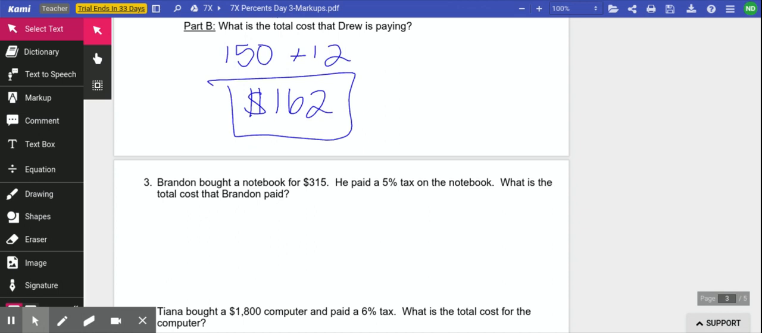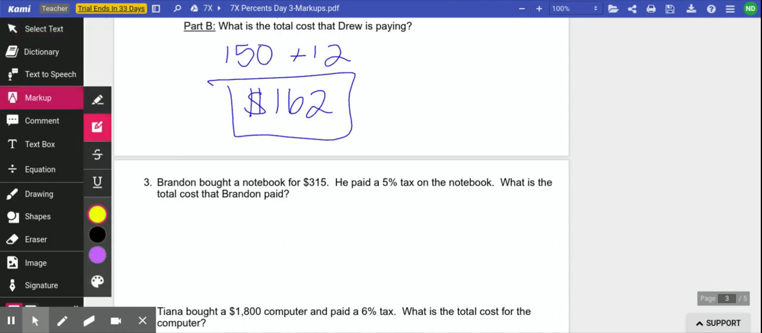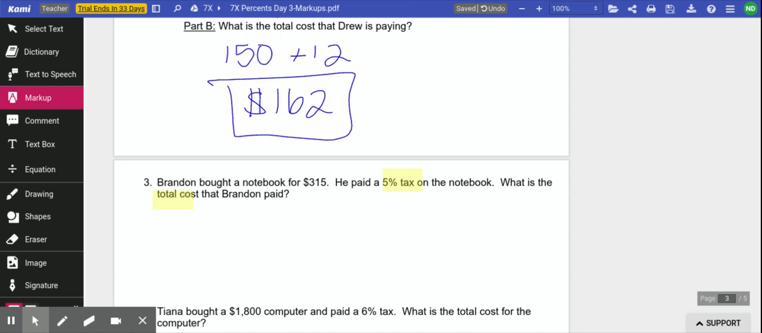He paid 5% tax on the Chromebook. What is the total cost that Brandon paid? All right. Key phrases and keywords here. Sales tax, which tells me my price is going to be increasing, and total cost. Since it says the total cost, I need to complete both of those steps. I need to first figure out how much the sales tax is going to be, and then determine the total with the sales tax. So my first step